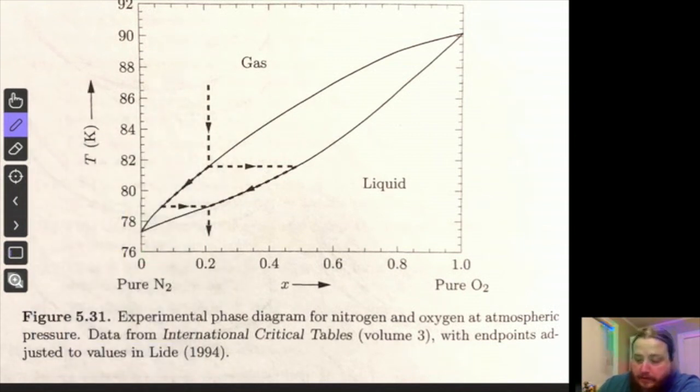So the liquid, when it hits this point here, then goes out over here, and so immediately below that 82 degree mark, it shows up over here, and then comes down,